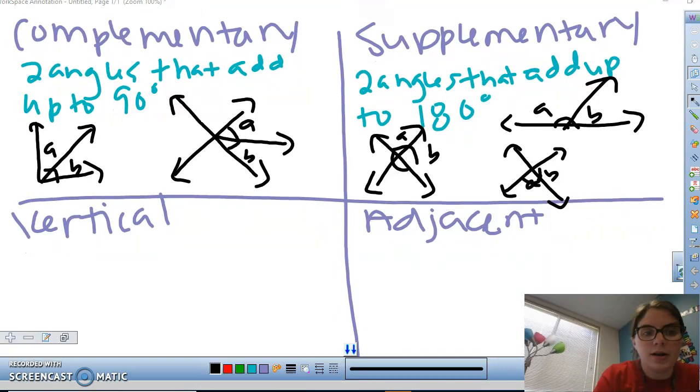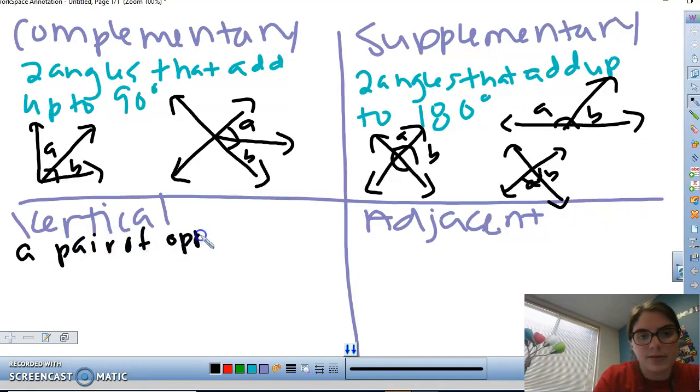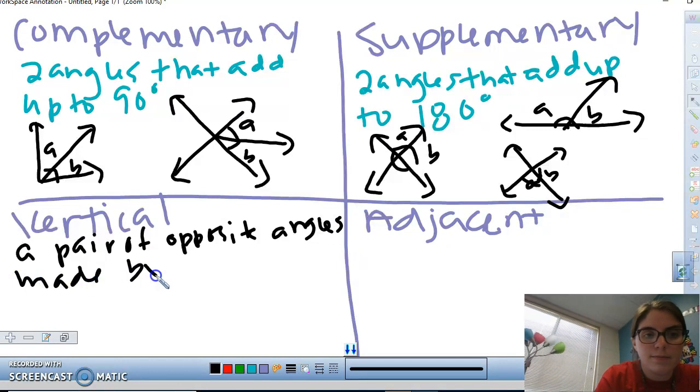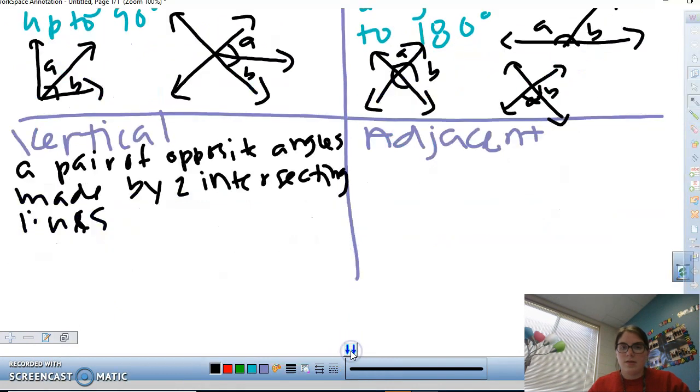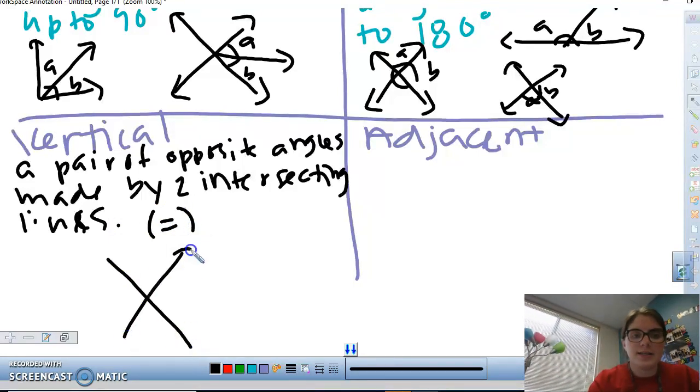Vertical angles are a pair of opposite angles made by two intersecting lines. These are actually always going to be equal. The two angles are going to be the exact same. So if I had this, my two intersecting lines,